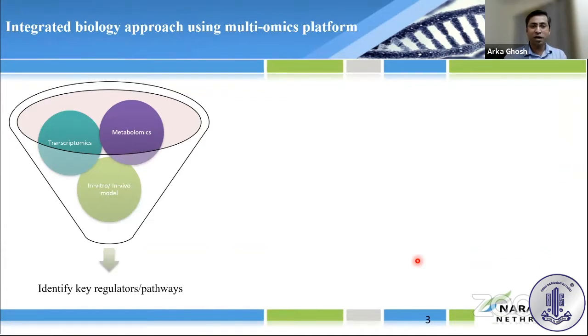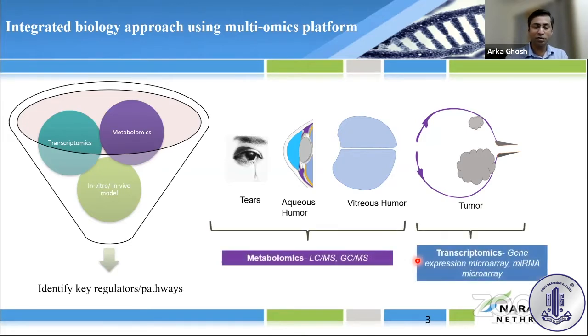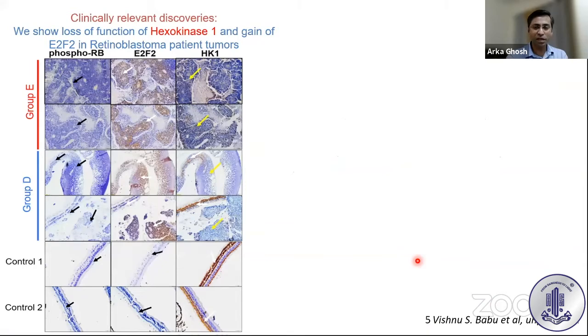So what we did was we did an integrated biology approach where essentially we used both gene expression, we used metabolomics to look at metabolites secreted by the tumor. We looked at all the protein level changes that happen within the tumor, and we integrated all of that. And that is what led us to some of these new pathways and new genes that we've gotten. So I'll quickly take you to what we found.